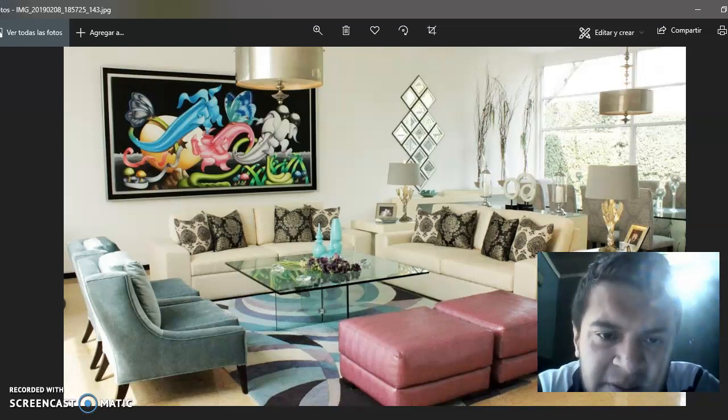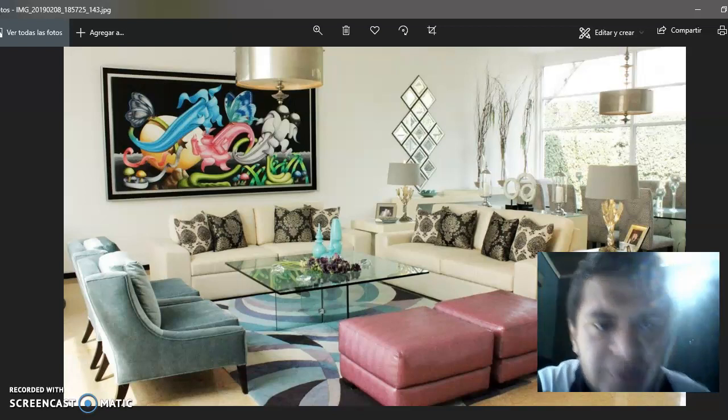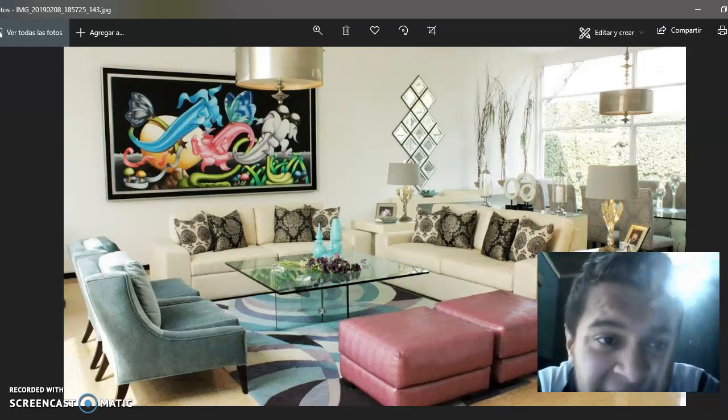The first image of my house would be this. There are a lot of couches. There are four couches or sofas. There is a desk in the center of this room, of this living room. There is a big picture